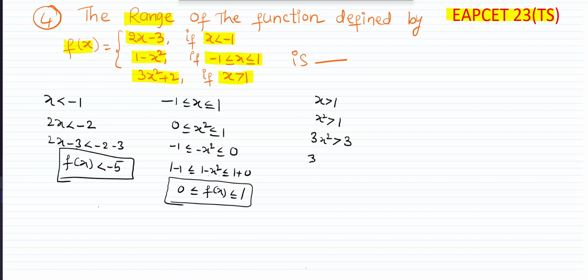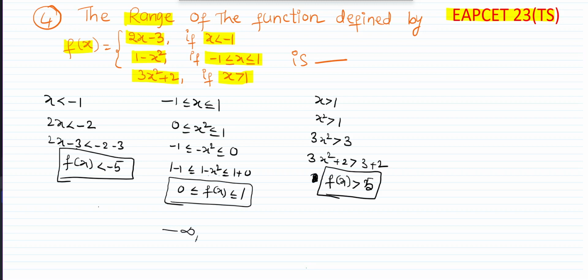So add 2. 3x square plus 2 greater than 3 plus 2. Here 3 plus 2 is 5. This 3x square plus 2 is f of x. f of x greater than 5. This is the third condition. From these three conditions, that is, first condition f of x less than minus 5 means